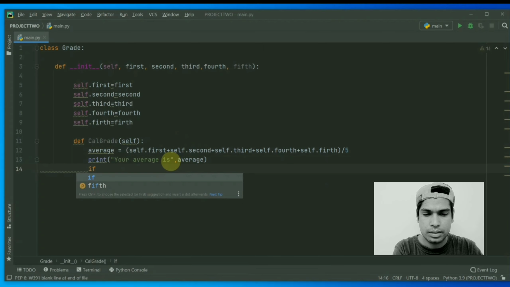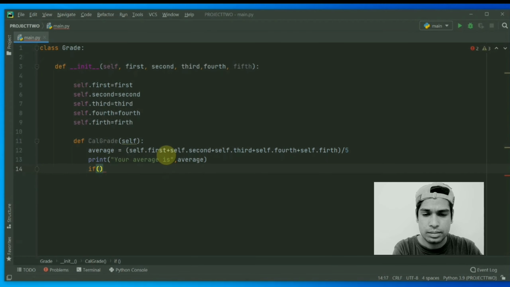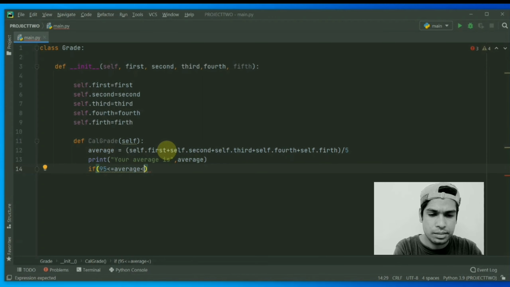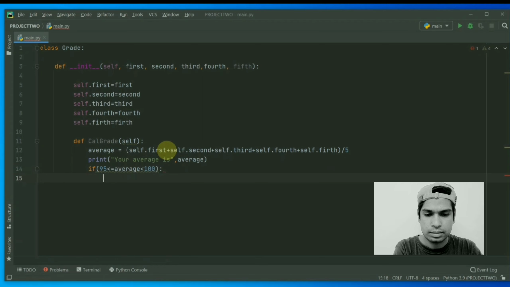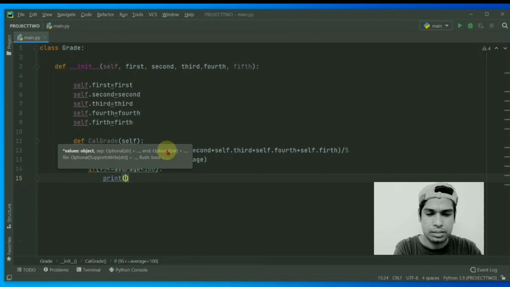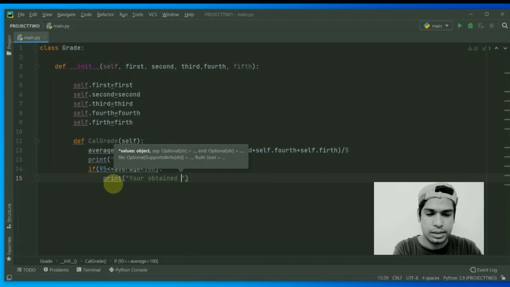if, parenthesis, 95 yes, 95 greater than or equal to average, 100, then print you obtain grade A, then